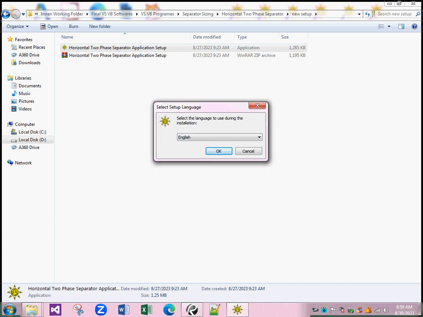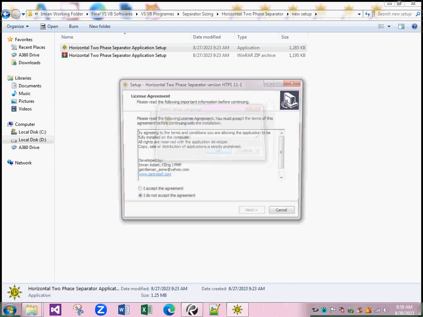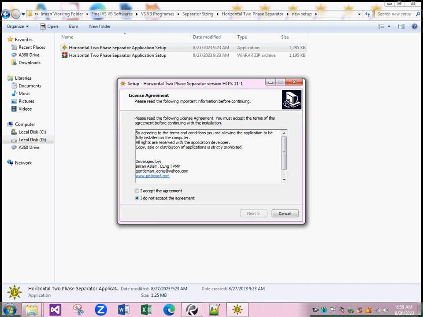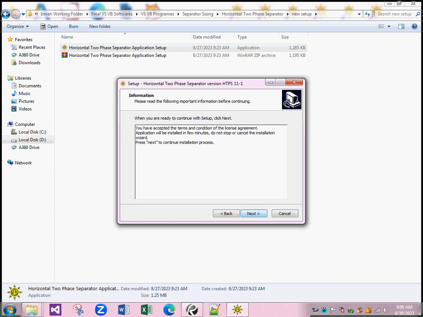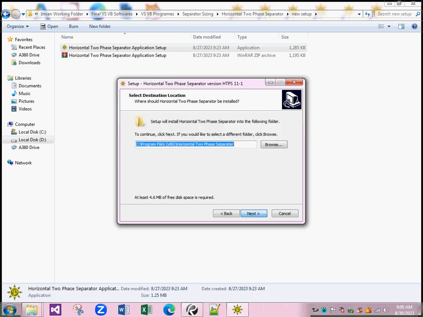The application wizard will be launched on your screen. From the language section, you can select the language from the appropriate list and then press the OK button. It will take you to the license agreement page where you can select the appropriate option and press the next button. Then it will take you to the information page. Again, you can press the next button, and then it will take you to the installation location page where you